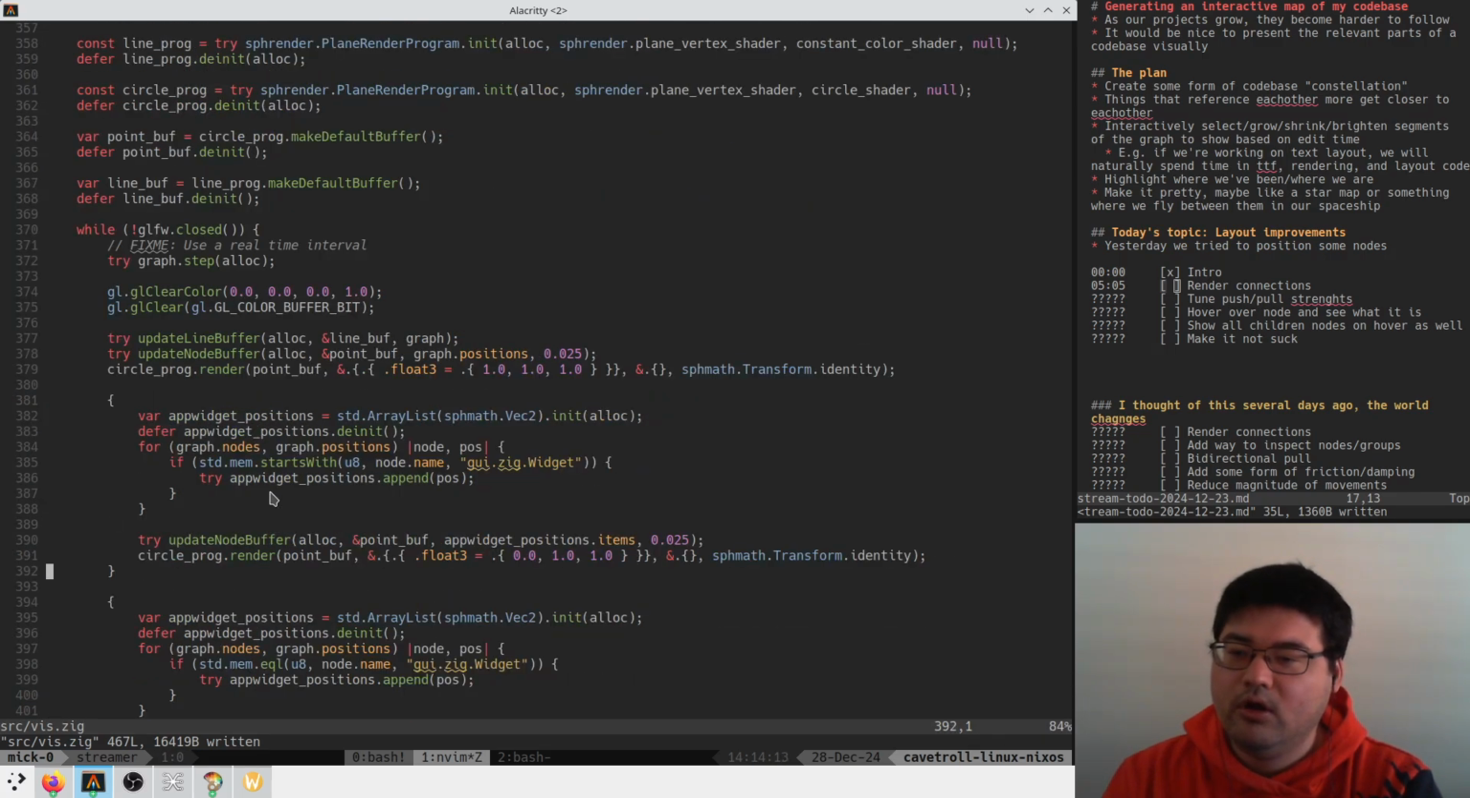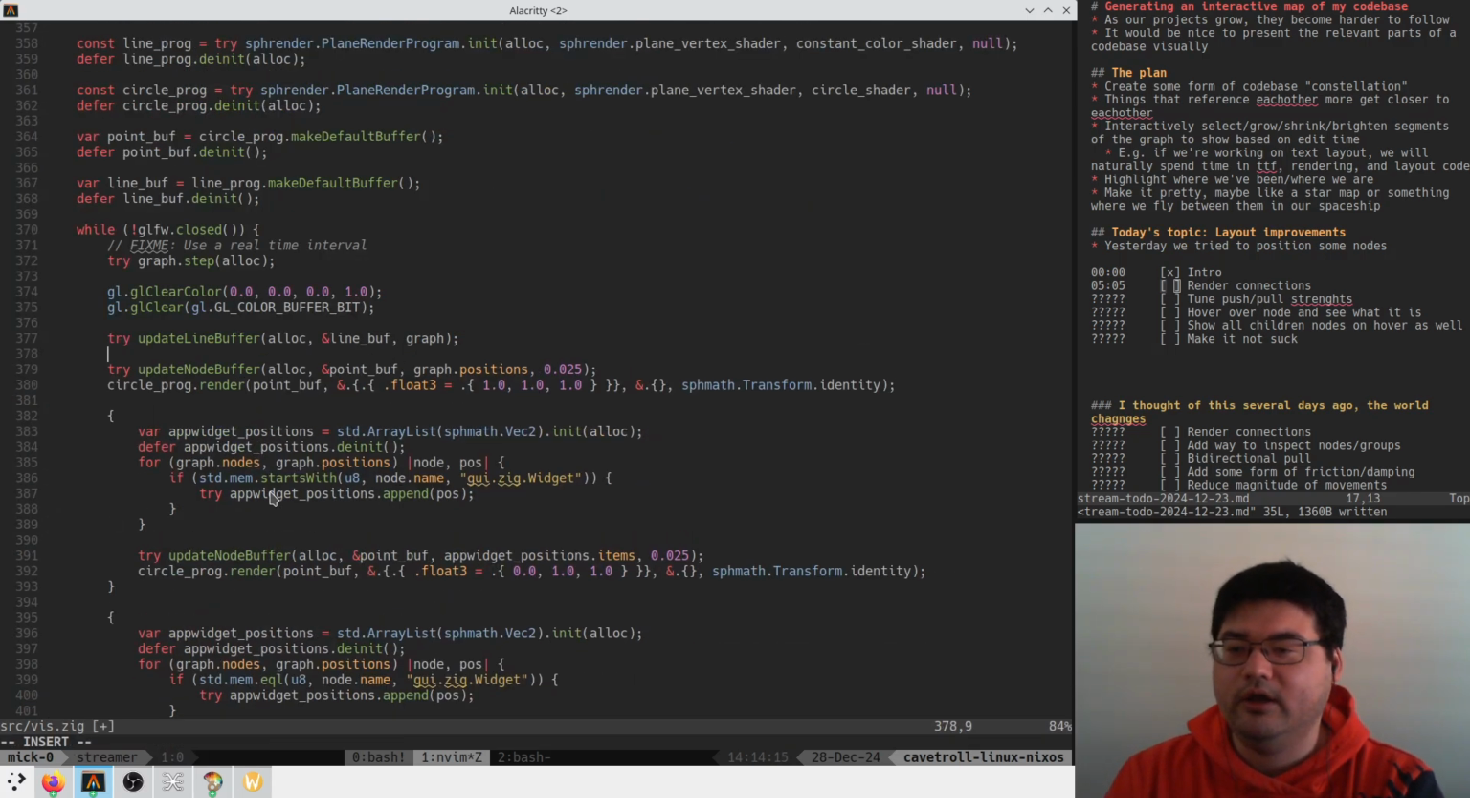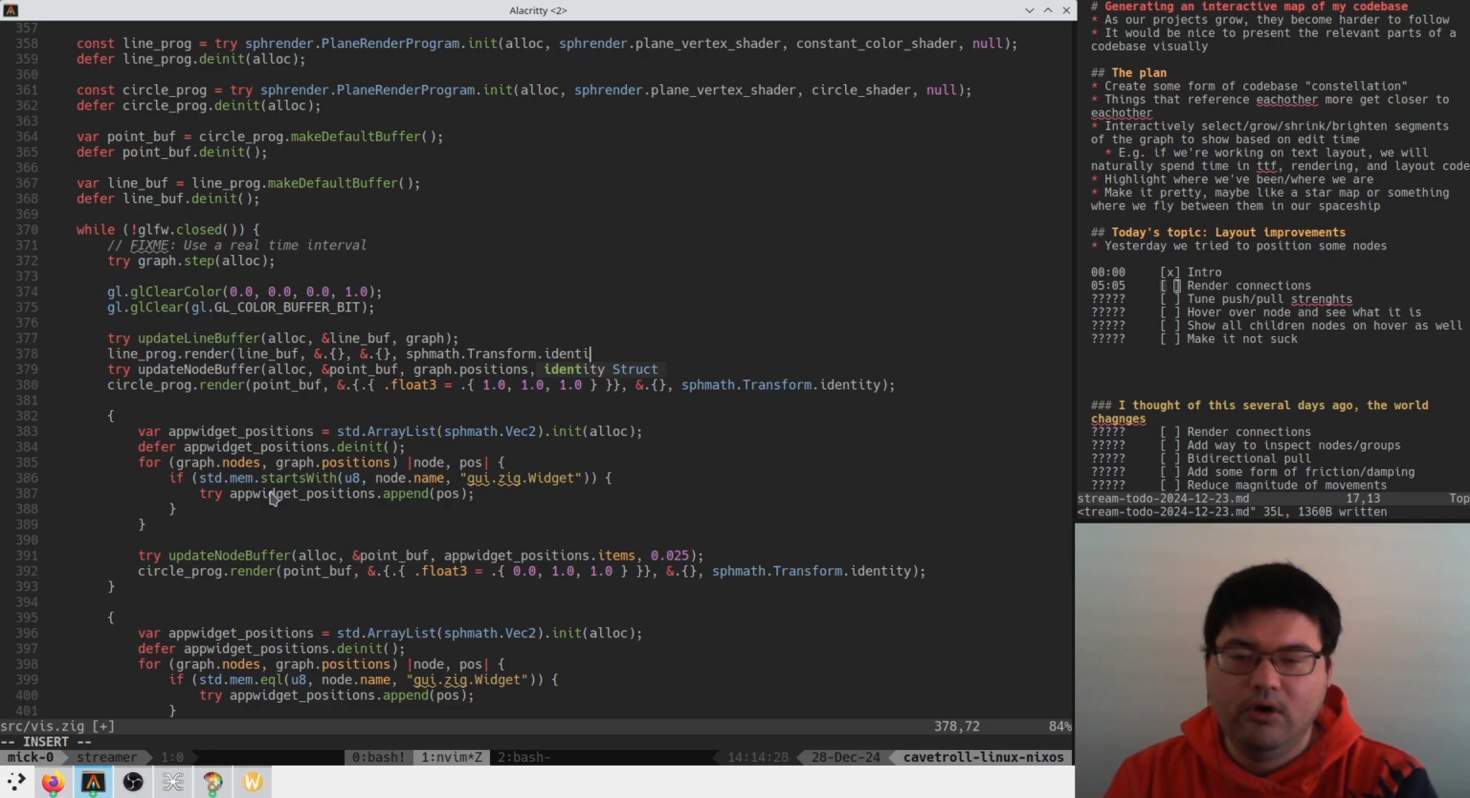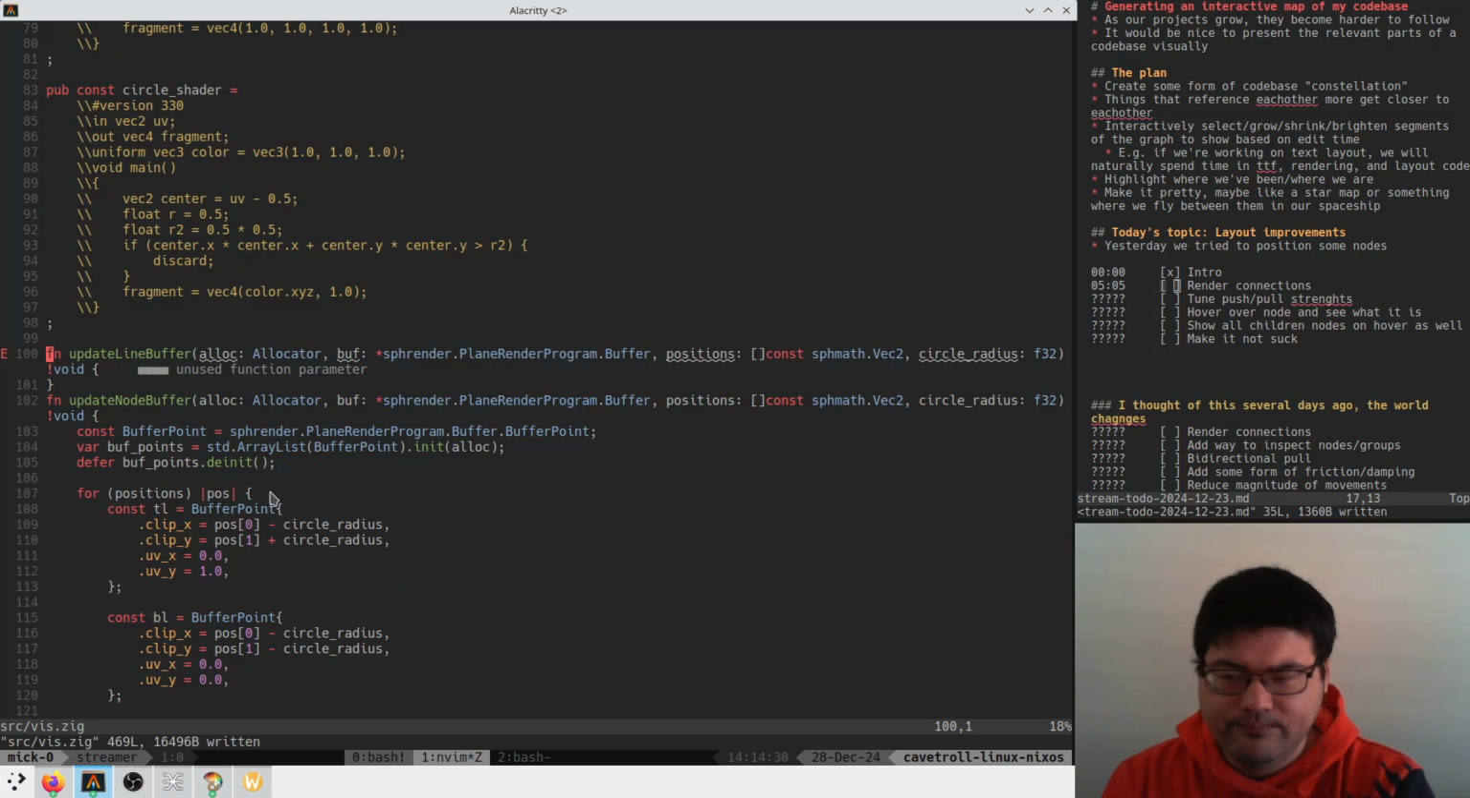So probably we just call line program render, line buff, and we're just not going to worry about uniform arguments, and we're going to pass in a default transform. There's no shenanigans to go on here. Okay, so